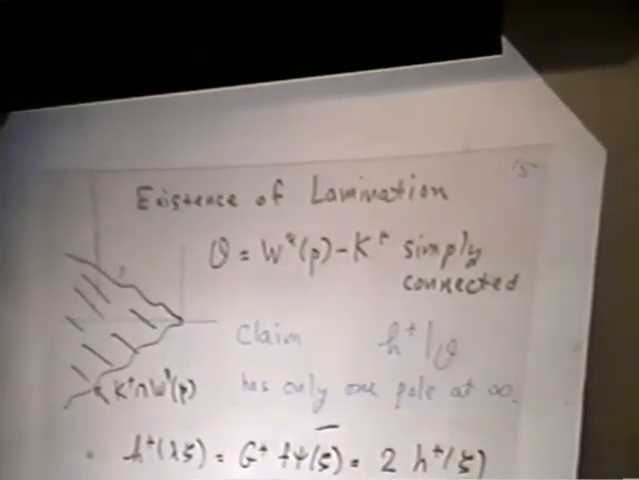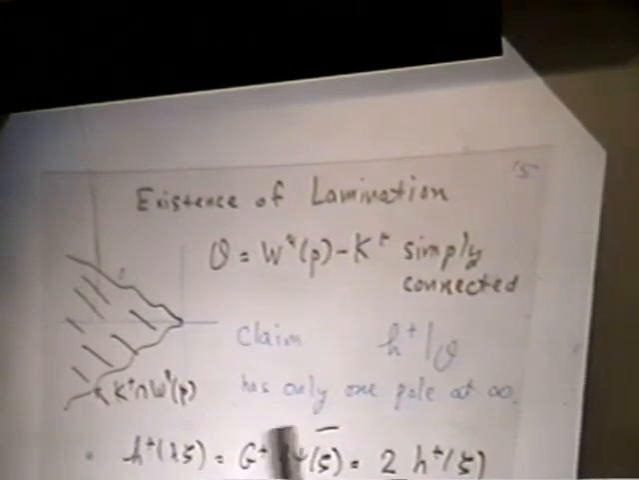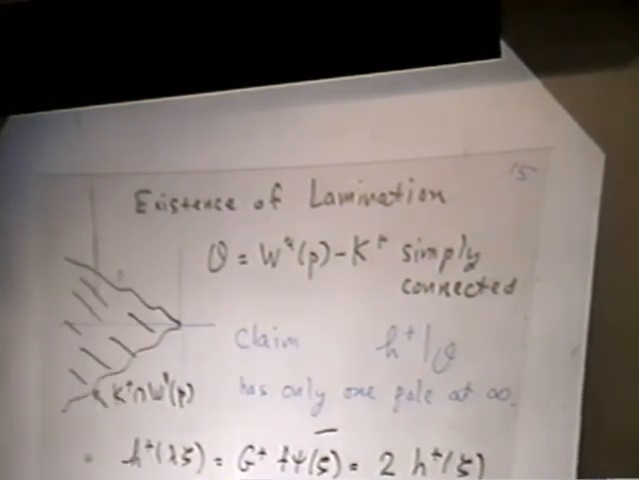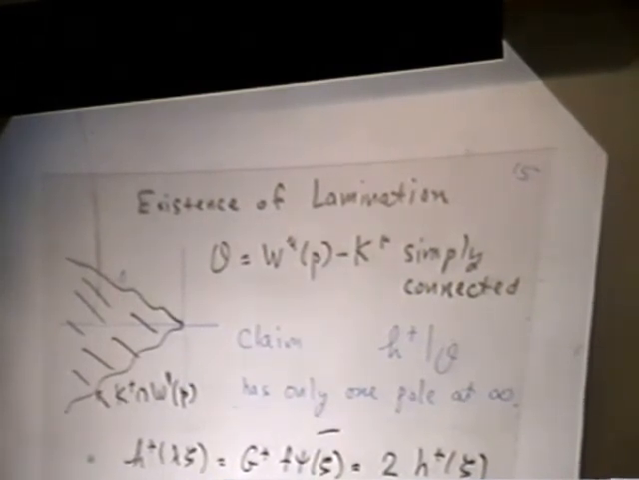And okay. So what we'd like to say is that H plus on this open set, as you go to infinity, has exactly one way of going to infinity. It has only one asymptotic way of going to infinity. Okay? Now, before we prove the claim, the first observation is that H plus